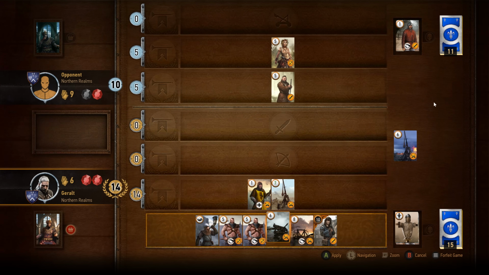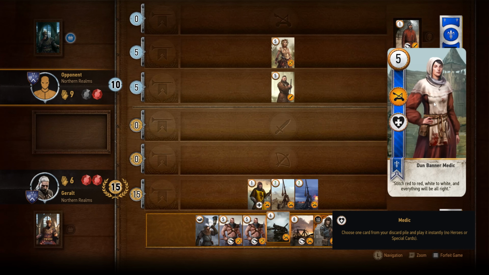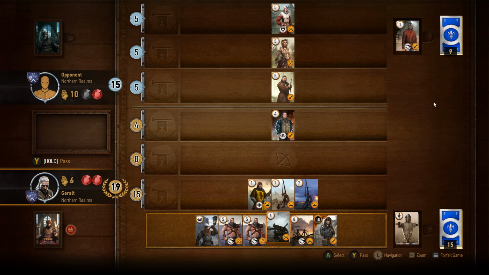And then we're going to drop down another siege engine. You can see that one goes up to 7 as well. And here's the medic card. So you see, what card is he going to pull from his deck? He is going to pull the spy card out of his deck, play it on our side,